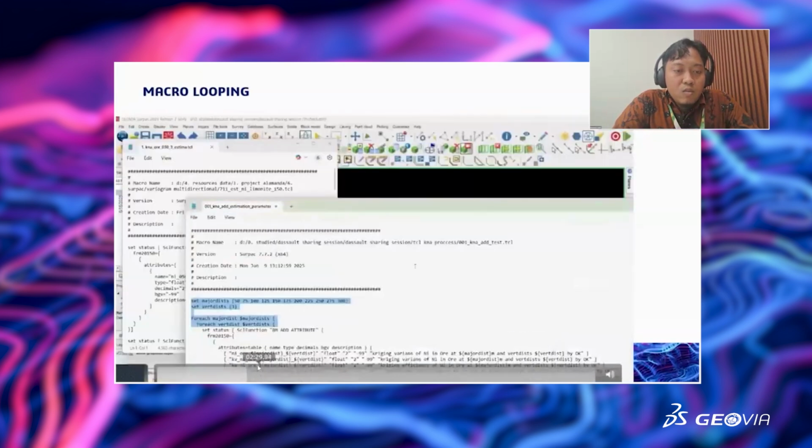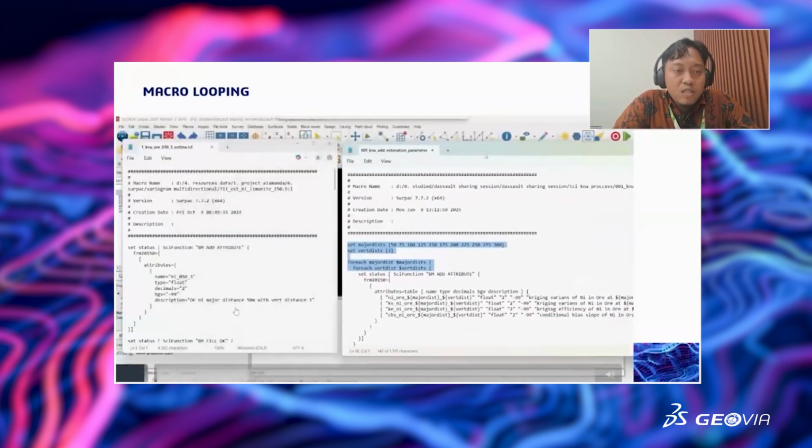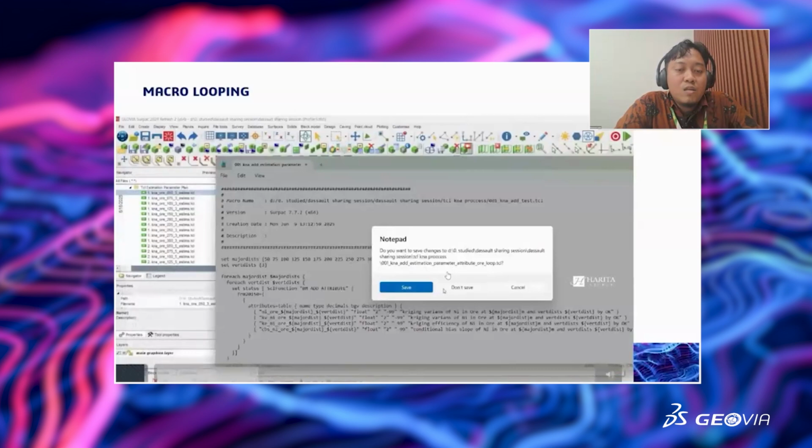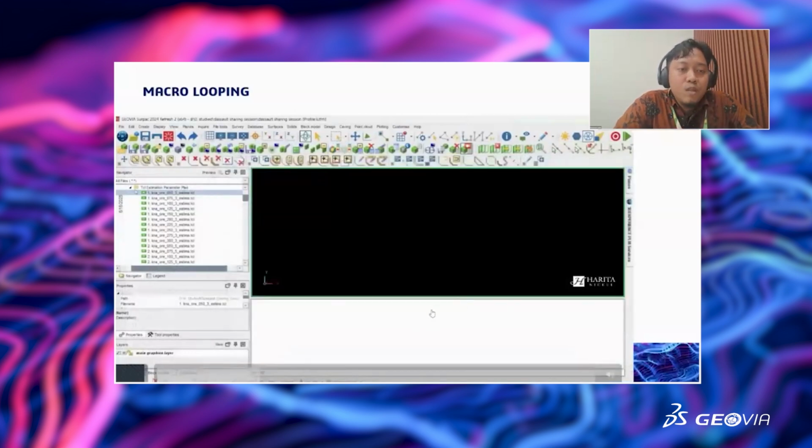So the second one is, instead of the basic macro that we have, we put our parameter macro here. This is just the same. This is set status, the same, but the difference is just setting up our major distance on the top. After that, I will drag and drop my macro for add attribute here.